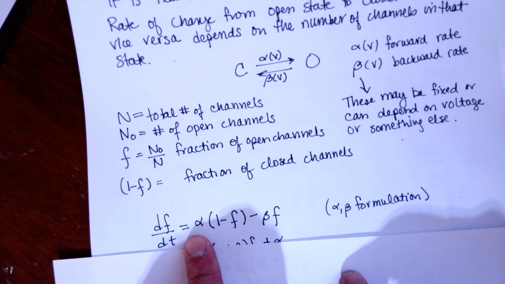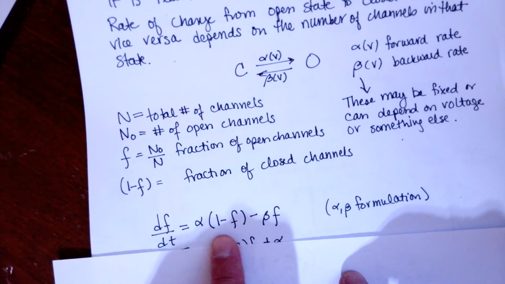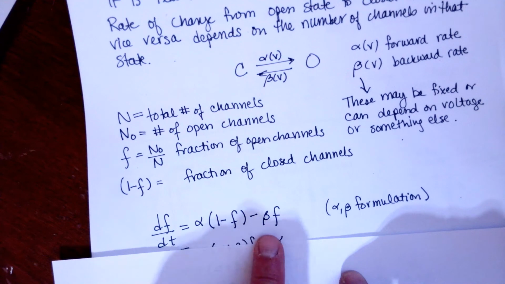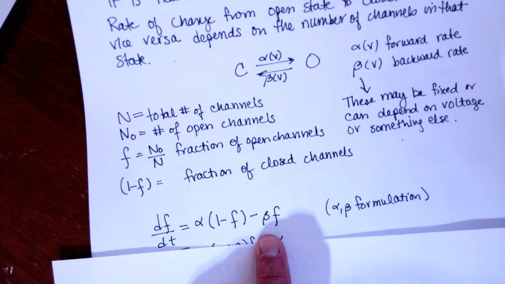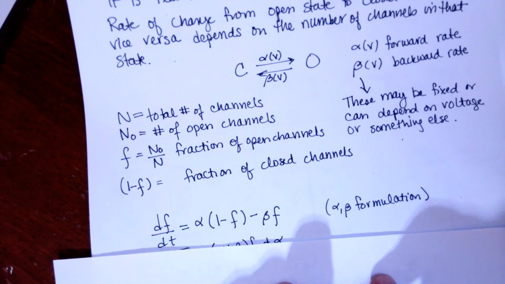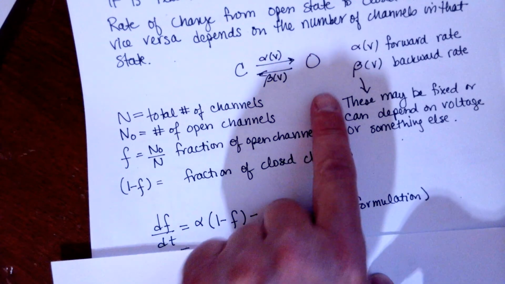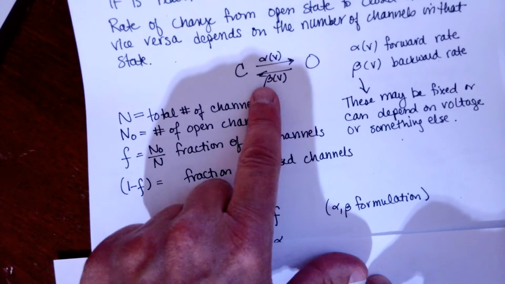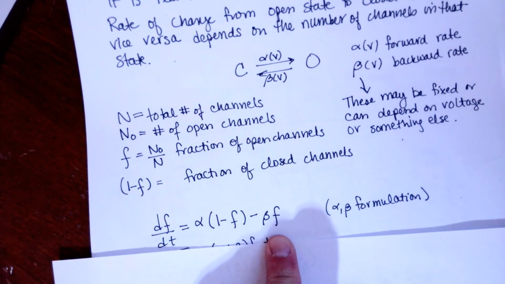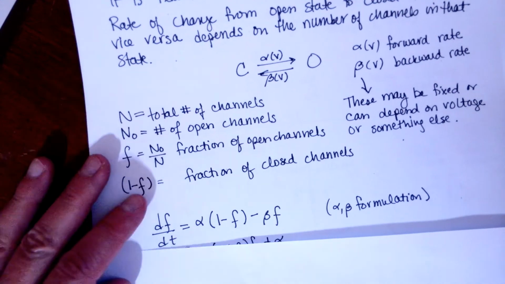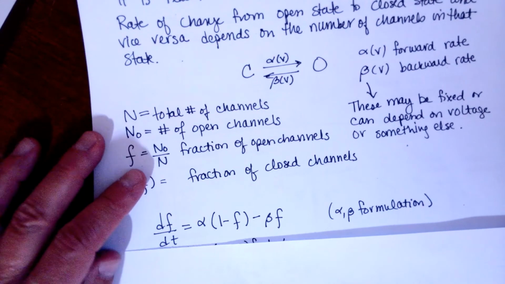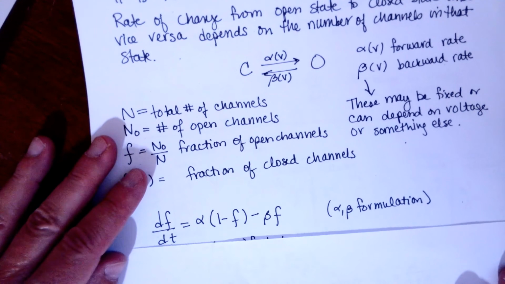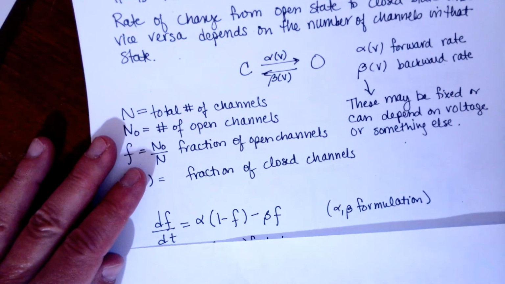This increase in F is going to depend on what the fraction of closed channels is. And then vice versa. The other thing that can happen is F can change because channels that were open can change to the closed state. When that happens, it happens at rate beta, and it will depend on the fraction of open channels. All right? This is called the alpha-beta formulation for the kinetics of whatever ion channel it is